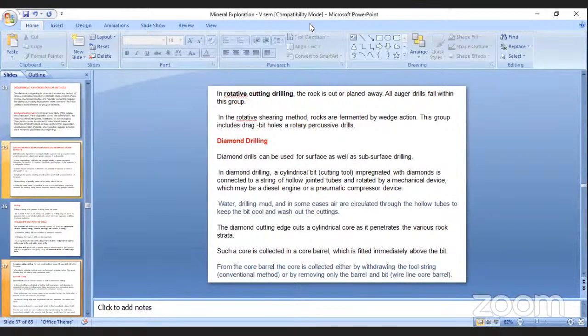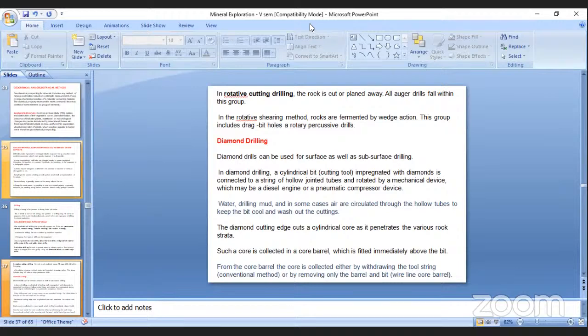It may be an engine, maybe a petrol engine or a diesel engine, or sometimes it has a pneumatic compressor device also. And it is useful in water drilling and drilling mud, and sometimes we can use